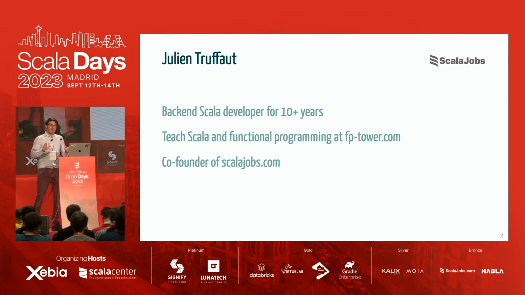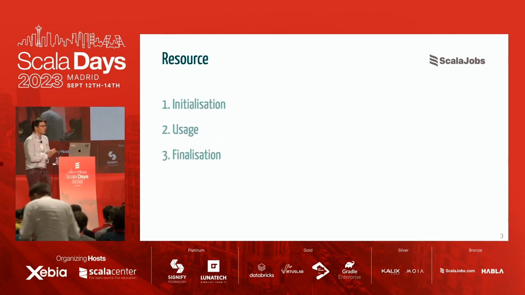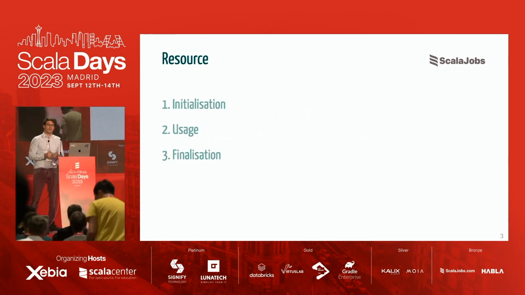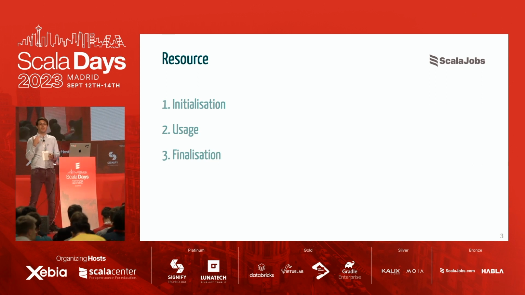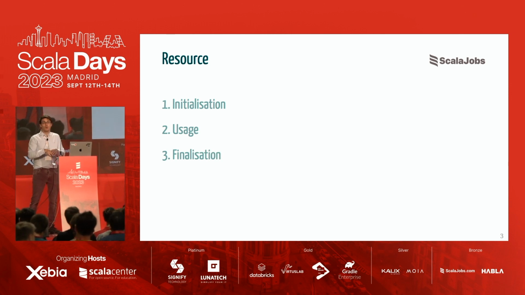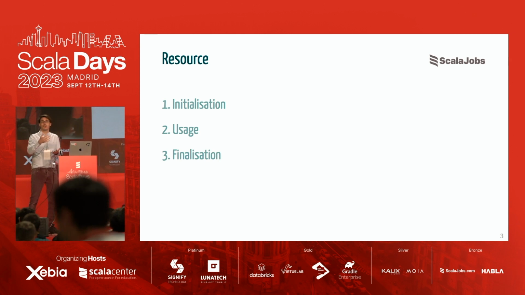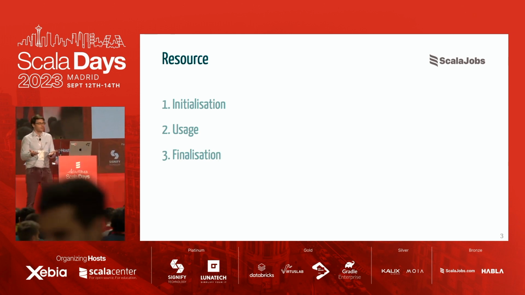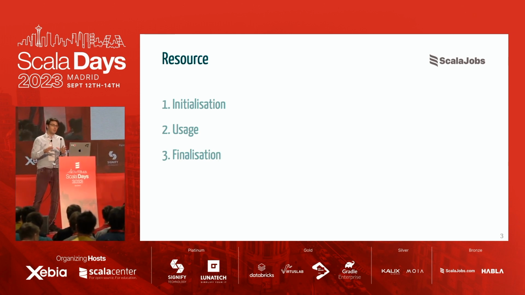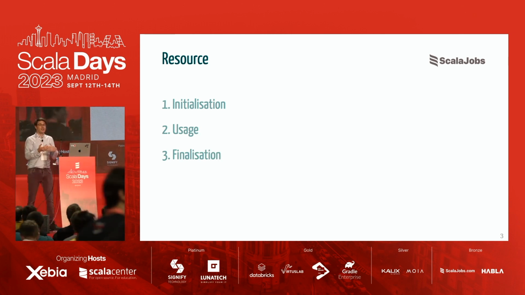Now, advertisement is over, and let's talk about resources. So first of all, what's a resource? A resource is something that has three phases. Phase one is the initialization, when we want to set it up. Phase two is the usage, where we just use what we previously created. And phase three is the most important one, the finalization. And the finalization is essentially some sort of post-processing operation, something that needs to be done once the resource is